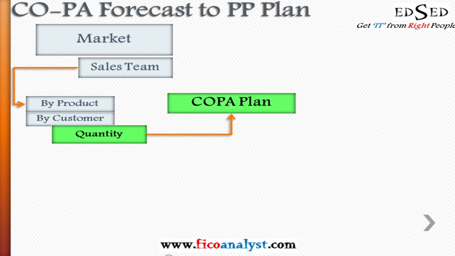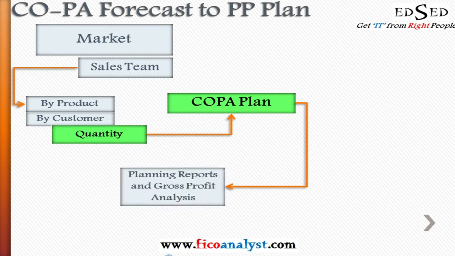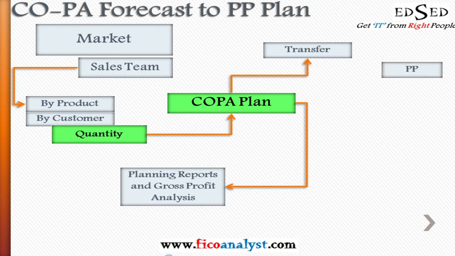So as the COPA plan data, you need this quantity so that you can plan all your revenues and all your expenses, and then that can be used for analyzing your planning reports and gross profit margin analysis reports. Once this plan data is available in COPA, it is just a matter of the transfer part of the integrated planning from COPA to the production planning module, right? So what the production planning module will do is take that information,